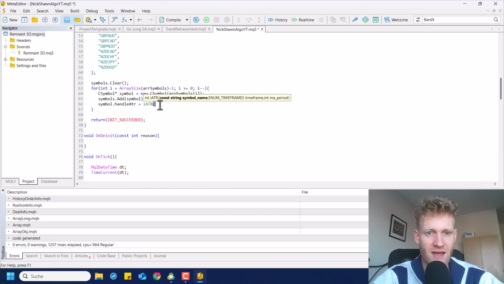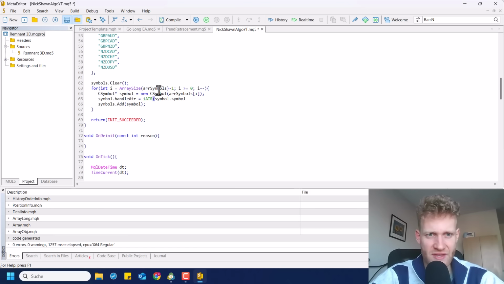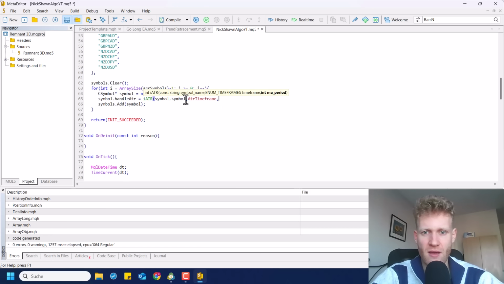We can say symbol, something like this, because the symbol already has the symbol variable filled, because we use this constructor. And then we can say period should be ATR time frame, and MA period should be ATR periods. And that's pretty much it. So now every symbol object variable has the